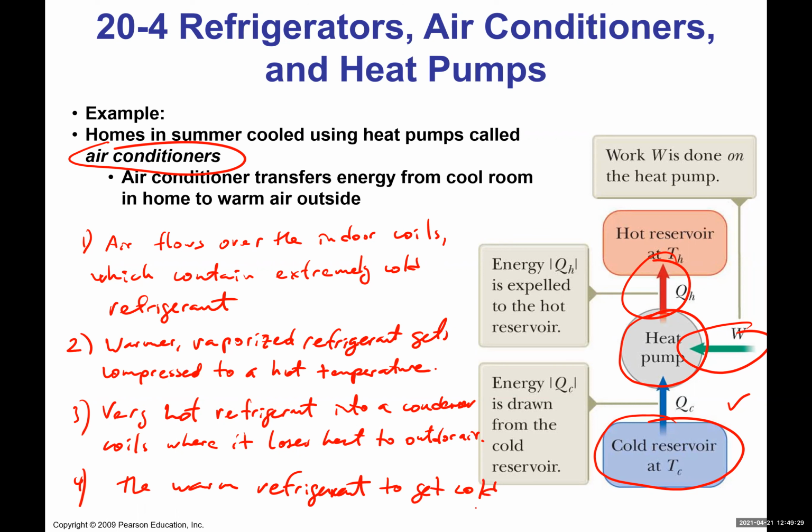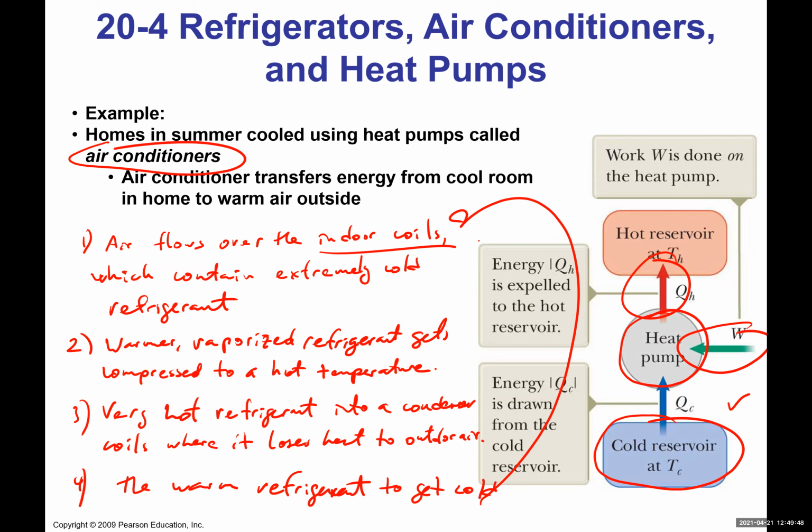Okay, then once it's cold, it sends to the indoor coils, right? That means by the time it gets to the indoor coils, there's a compressor which compresses, and then basically it repeats the cycle. Okay, so that's kind of what we have. That means first we absorb energy from inside,